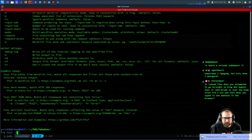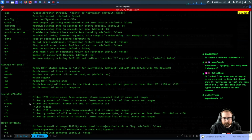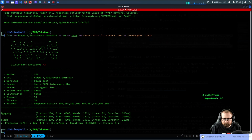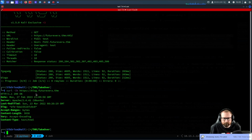Okay, we're doing some investigation here. Let's just try setting the user agent. Is there an easy way of setting the user agent, or do I have to do it using headers? Probably have to do it using headers, don't I? So we'll do -H User-Agent: test. It looked like when you attempted to go straight to blog.domain that it redirected to just the home site. No. I guess technically this does do a HEAD request. I wonder if...